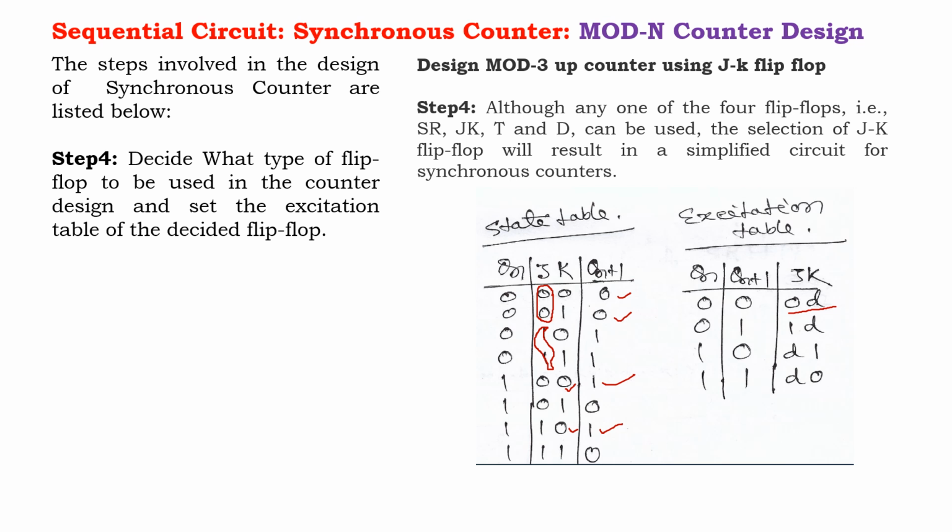1 to 1 change, D0. And 1 to 0 change, 1 to 0 change, this. So from here we will get 1 to 1 and 0 1. So that means the K is 1 and J is don't care. So D1. Then the excitation table will be made after considering the excitation table of the